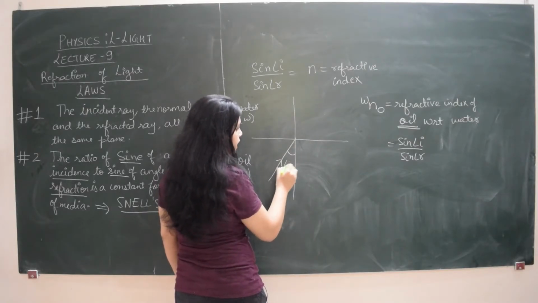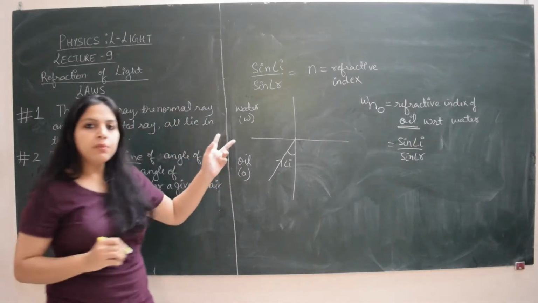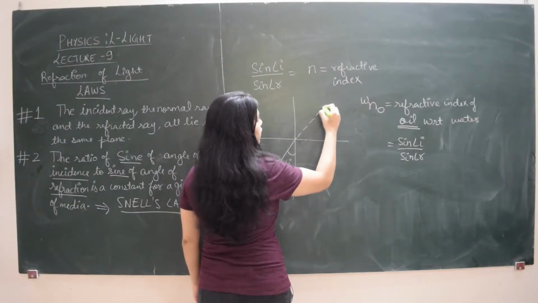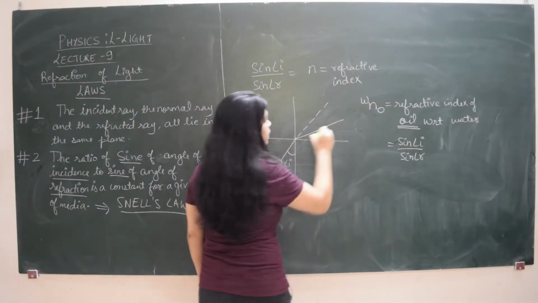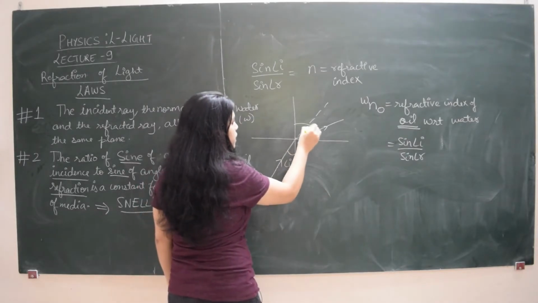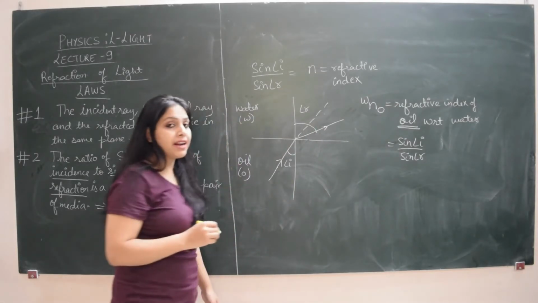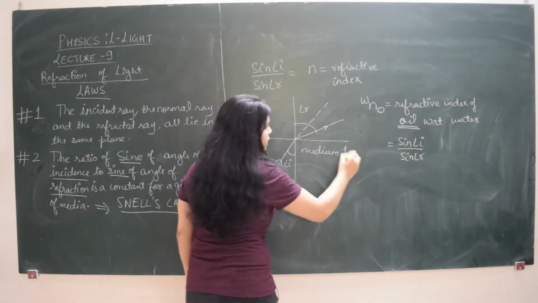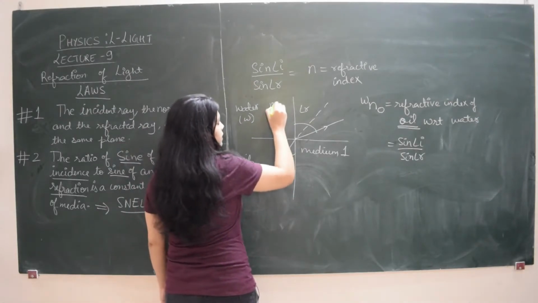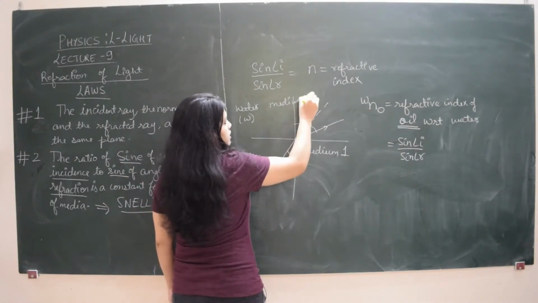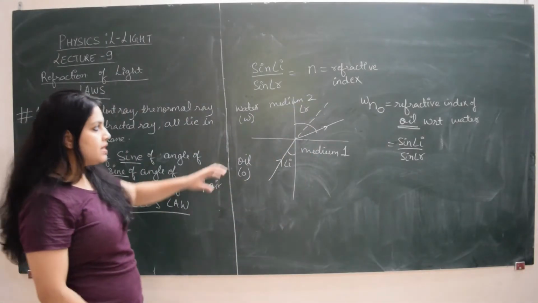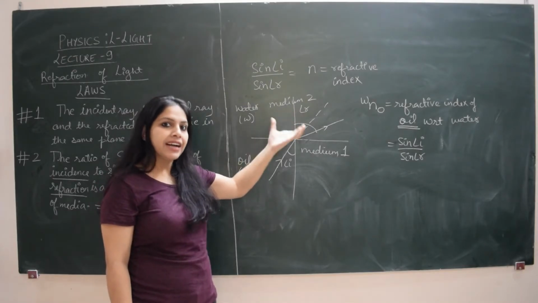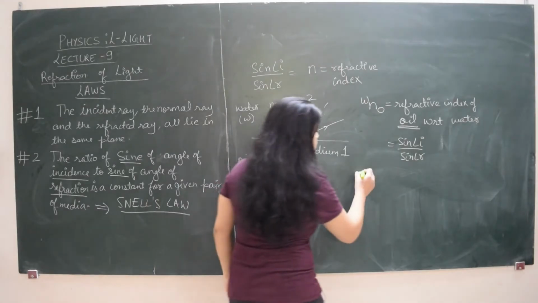Now, this behaves like the incident ray, and water being optically rarer, we know that if this is the original route of the ray, technically the ray should move away from the normal. So this becomes the refracted ray, refracted angle, and this is medium 1 now because it has the incident ray, and this one is medium 2 now. And now you can see that as refraction is taking place in water, ultimately we will be finding out the refractive index of water now.